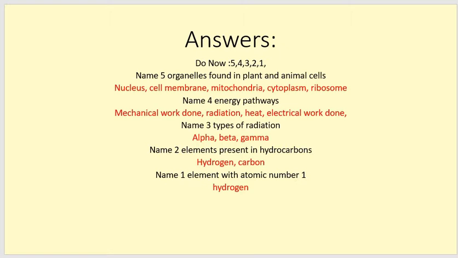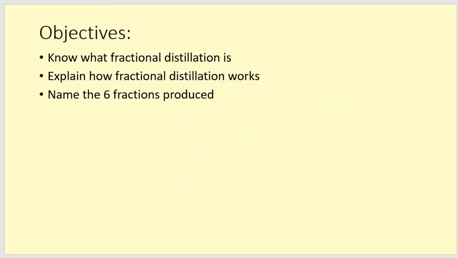Right, here are your objectives. You've got 3 things to learn this week. You need to know what fractional distillation is. You need to be able to explain how it works. That means you need to be able to understand it. You need to be able to teach it to someone. So you might want to use a parent or a sibling as a way of testing that. And you will need to know the names of the 6 fractions that are produced from crude oil when fractional